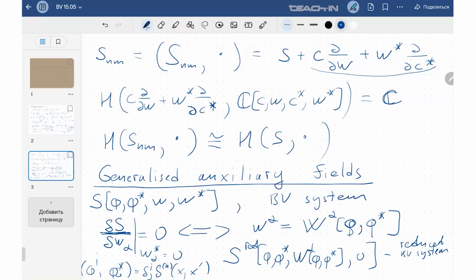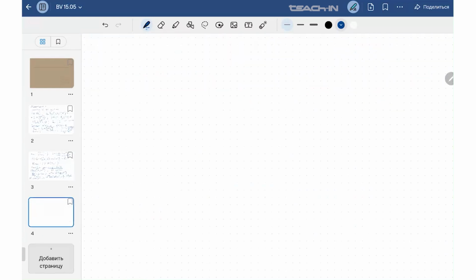Yes, so once we have it, we can eliminate these fields and get a reduced system which contains only fields phi and phi star. They are canonically conjugated again, and there is a new reduced BV action. And in fact, one can check, and this is an exercise,